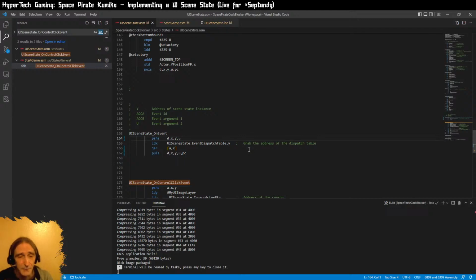So, I will go back. See, this is one of those cases where the D register likely does not actually need to be saved, but X, Y, and U do. I'm just too lazy to go back and check these kind of things right now because it just gets in the way. But anytime that I've got something like this, I can just do a search throughout the